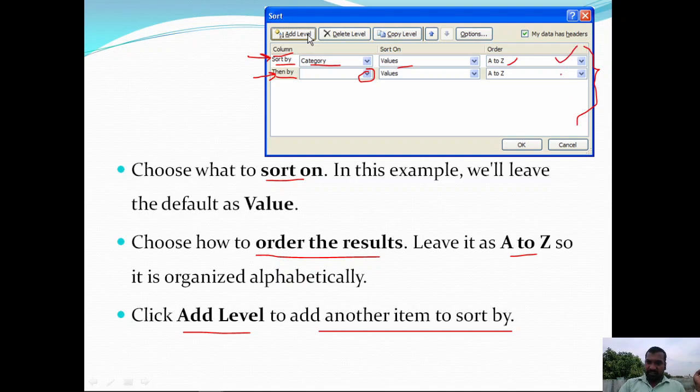This is the first level and this is the second level. First it applies the first level of sorting, so the entire data will be sorted based on the values in the category column. Then whatever column you choose here will be sorted again in the second level.